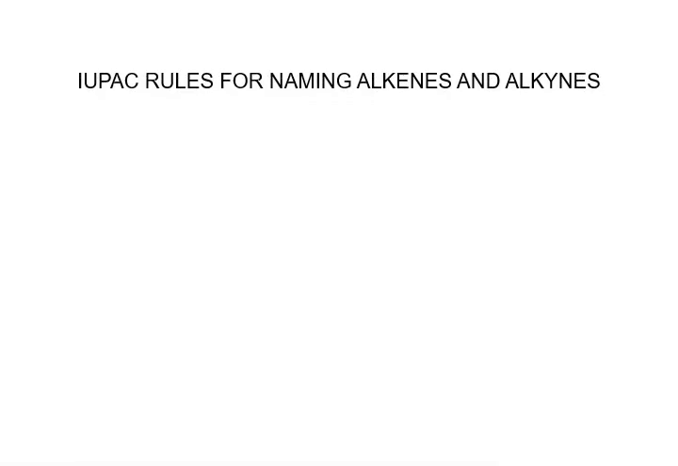So now let's consider the IUPAC rules for naming alkenes and alkynes. First of all, the parent name is assigned to the longest chain which contains the multiple bond. For instance, let's look at this example. So let's say we have